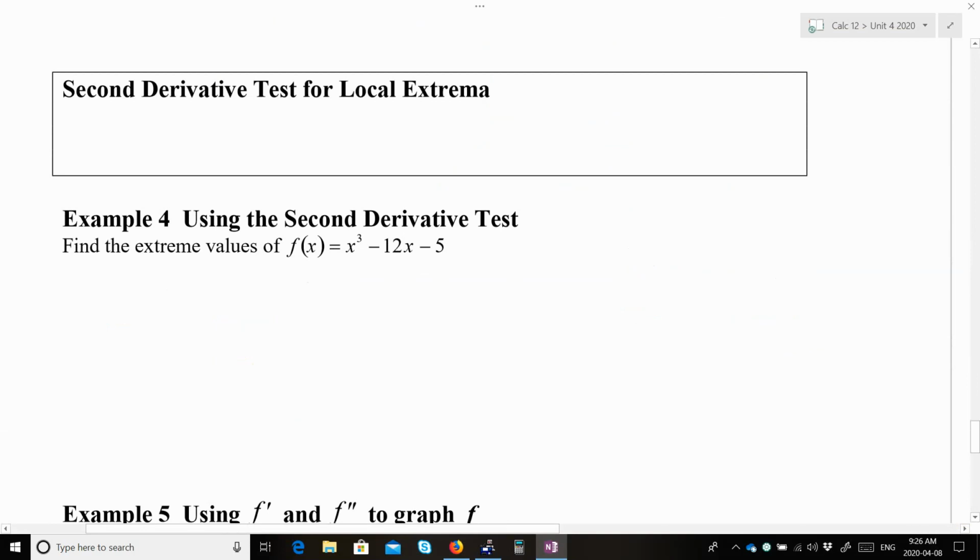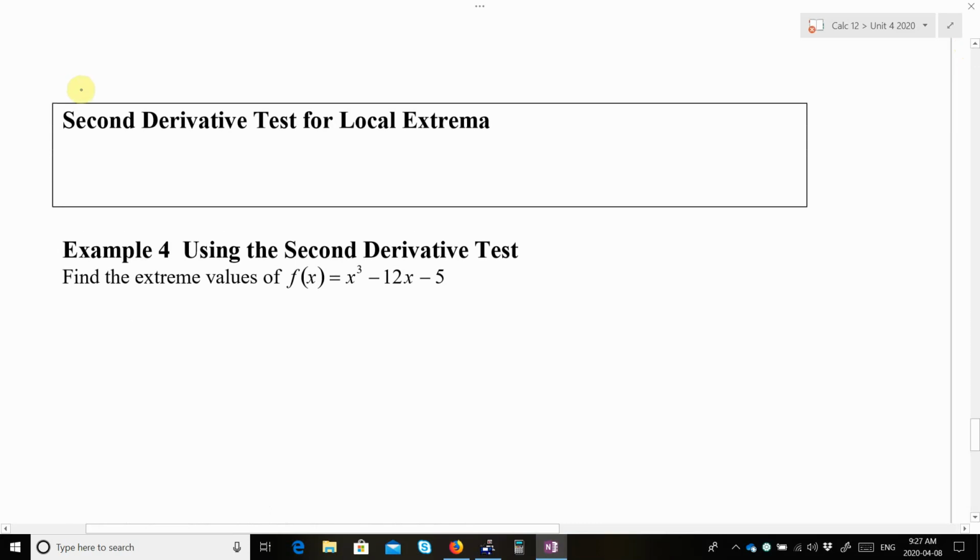Okay, so then we can get on to the second derivative test for local extrema. And this is if f is continuous at C, and so it says this. There's sort of three cases. A,